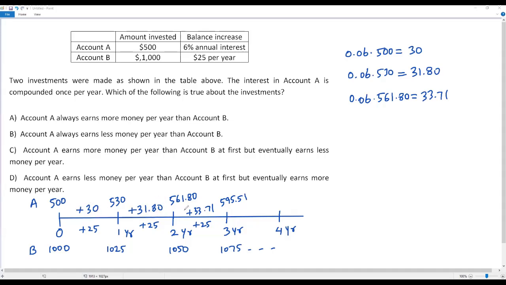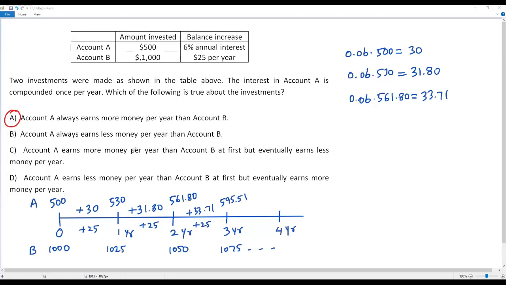And in the third year, again, the balance increases more than the previous 2 years, because for the third year, the balance in account A increases by $33.71, because every year we calculate interest on the principal we have at the beginning of that year. So for example, if I calculate the interest for the fourth year, it will be more than 33.71. So in this way, it keeps increasing in account A, but in account B, it increases at a constant rate of $25. So clearly, option A is correct, because account A always earns more money per year than